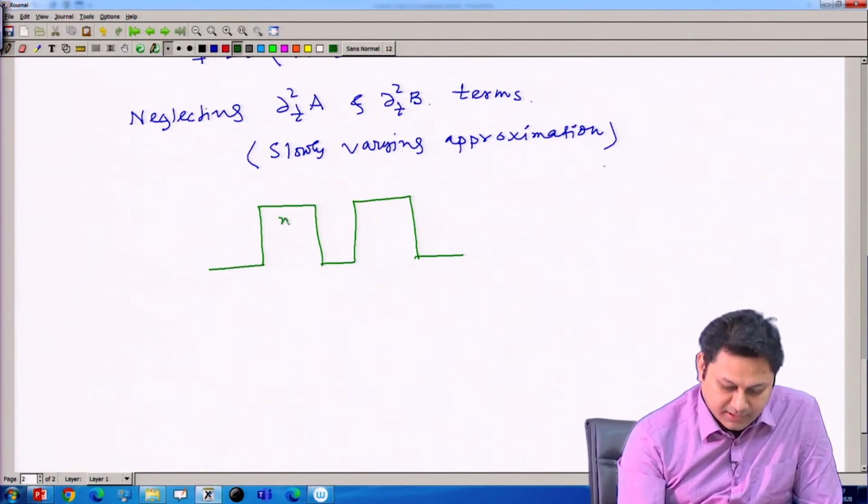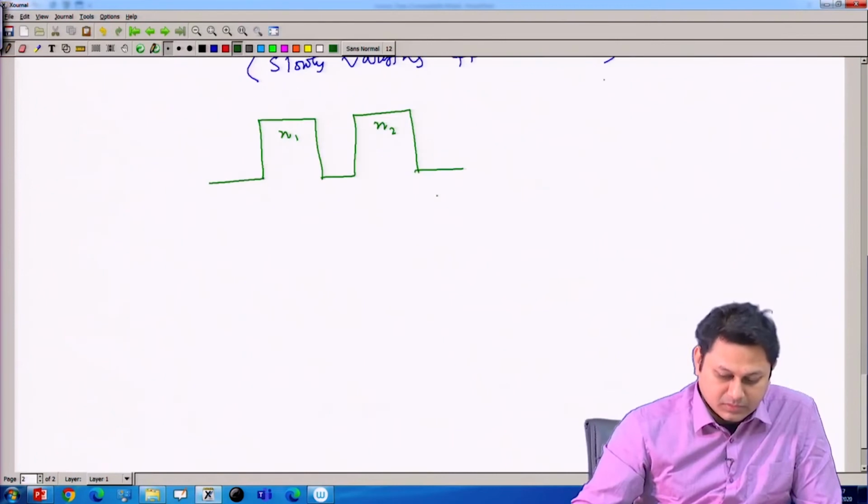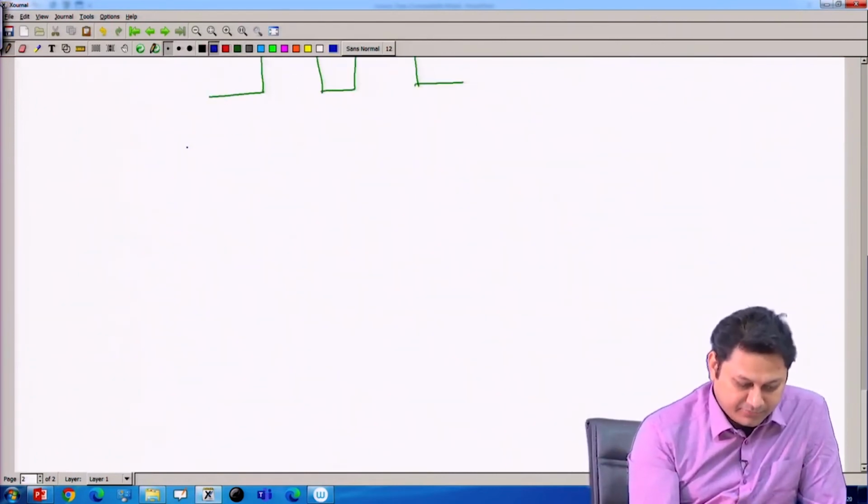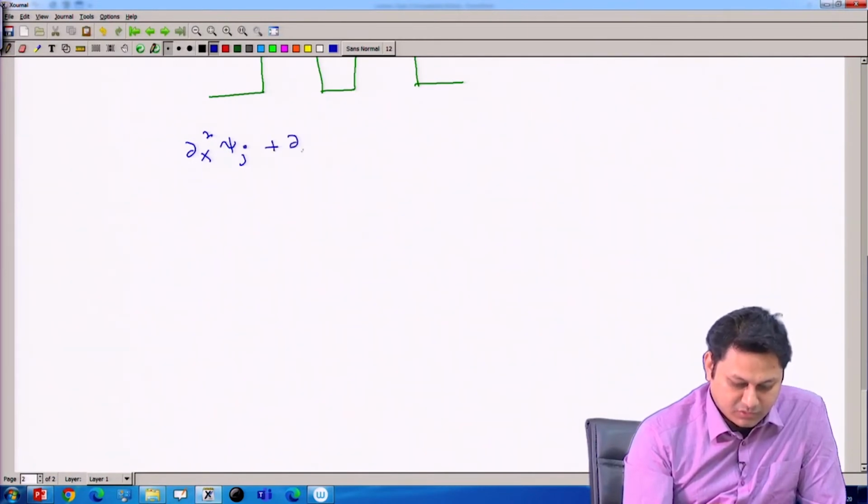This is refractive index say n1, this is refractive index say n2, two different refractive indices. Then I can have an equation that should be satisfied in general for these two waveguides, and it is this one,